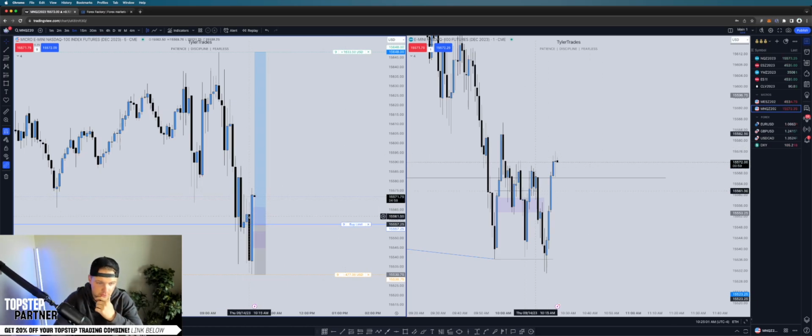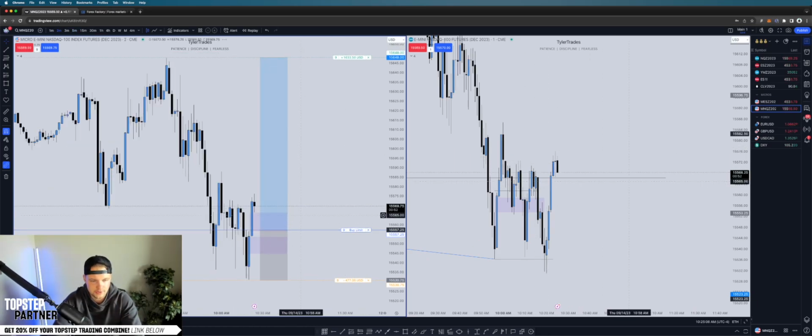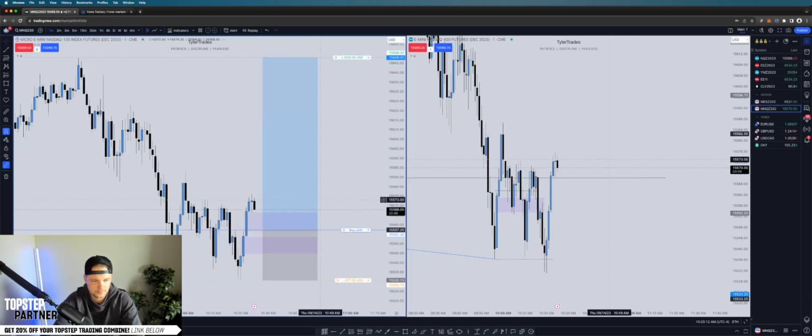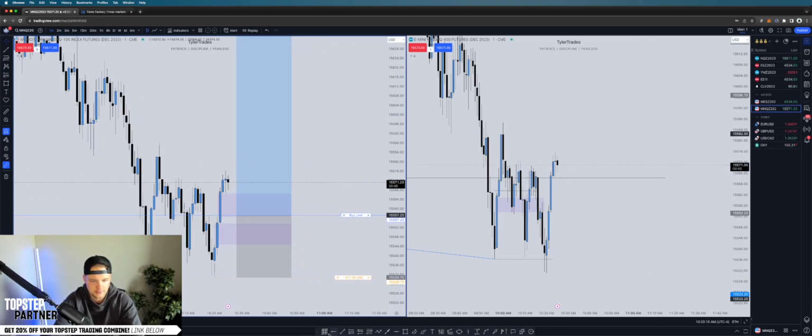I love this 5 minute order block, if I'm being honest with you. 3 minute, 2 minute. We got a 2 minute gap right there as well. I'm probably not going to change my entry just yet. The reason being, just eyeballing this, we got equilibrium still below here on this fair value gap. So meeting in the middle, not being super aggressive, which would be putting the entry right here, but not being super conservative where I'm putting it in this gap either. So meeting in the middle, I suppose.